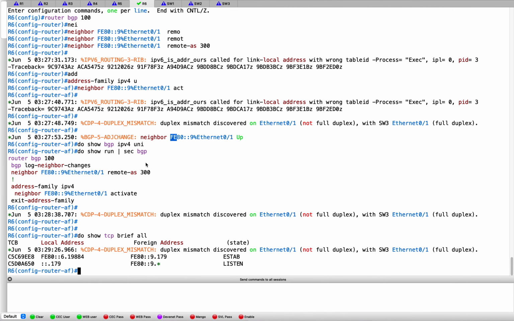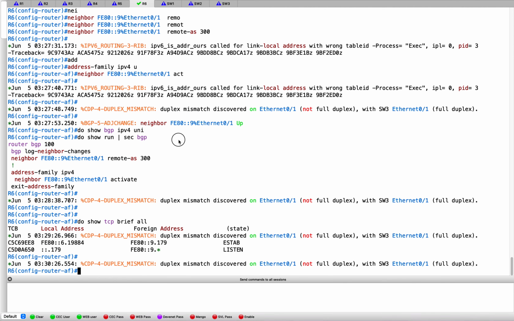At least in the previous case, the address was something like 32, and it at least installed it. But whenever it sees something like FE, that's sure not going to be installed. To fix this is pretty simple, like how we did earlier: we'll have to just go to switch 3, put a route map and send the next hop explicitly. But I will not fix this again because there is no point, since we already showed that. So let me go and remove this